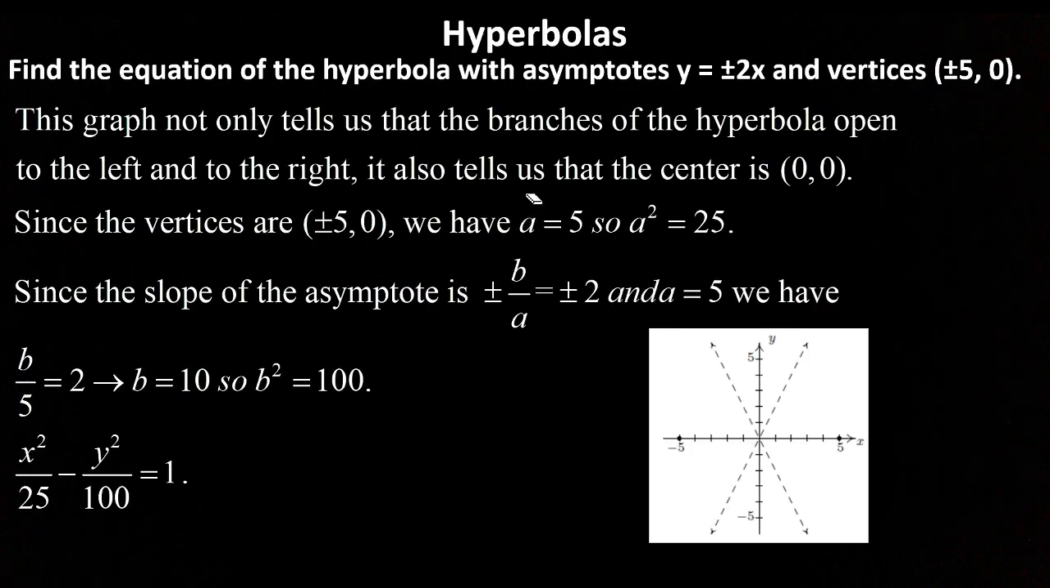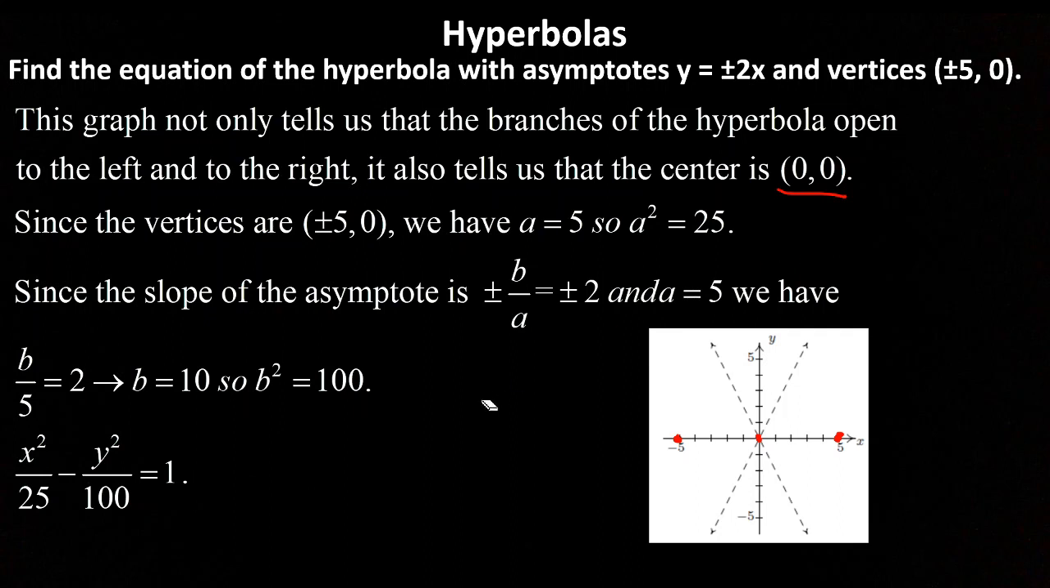And this is another one. So what we have here is find the equation of the hyperbola with asymptotes y equals plus and minus 2x and vertices at plus and minus 5 and 0. So right away, since vertices are like that, we know, well, it's right here. So we know on the horizontal axis, this is one vertex, and this is another vertex, right? And the center would be right in the middle of them,